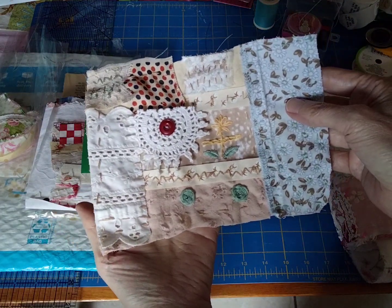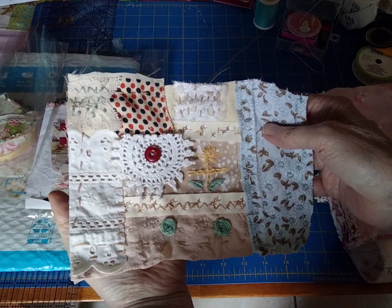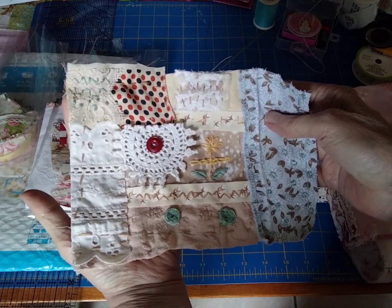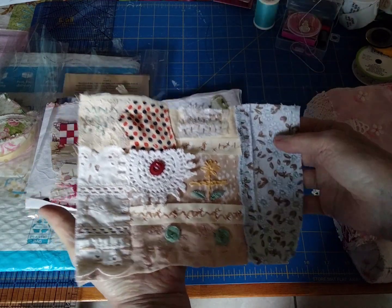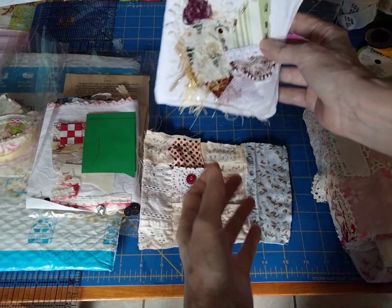I kind of like just making my own stitches up as I go along. I don't go and look and see if that's an actual stitch or not. I just like to play and have fun. So that is the possibility of what you can do, but let me show you how you can take that